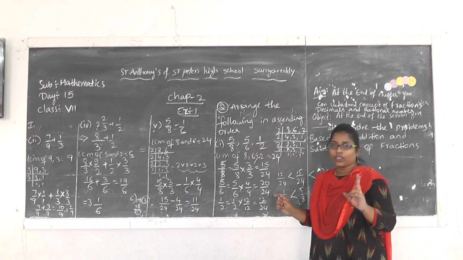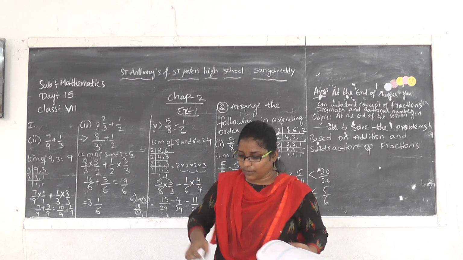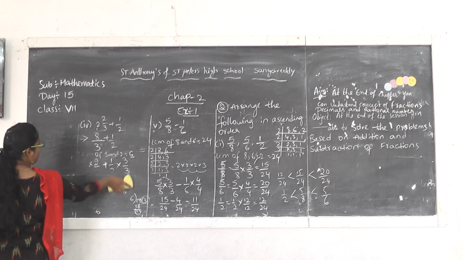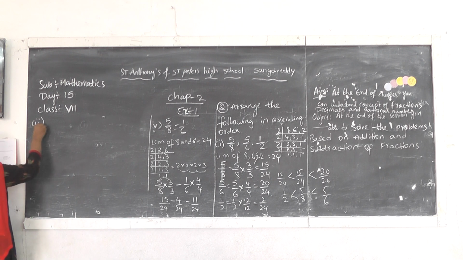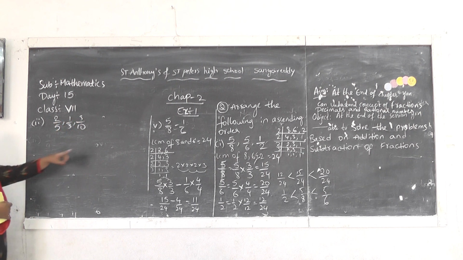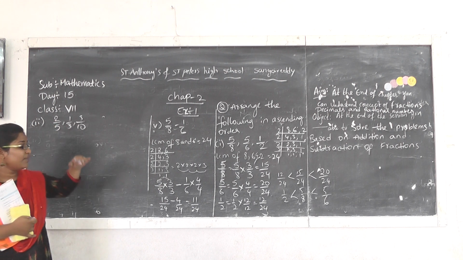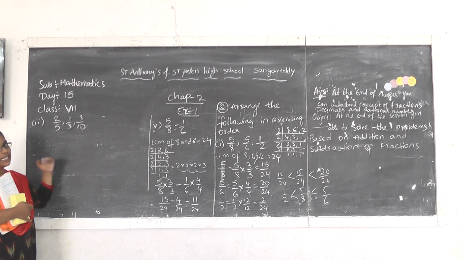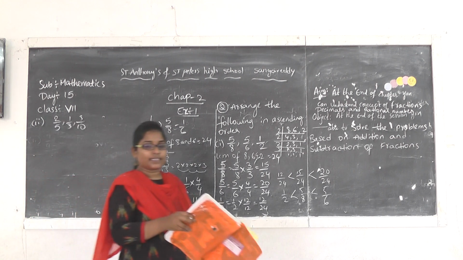So in this bit there are a total of 2 questions. One I will explain, the other you have to solve. I am writing the question, please copy it and solve it in a similar way. That question is 2 by 5, 1 by 3 and 3 by 10. Similar to the second question, you have to take the LCM of all 3 denominators, convert these fractions into like fractions and then compare the fractions. Now this is the first exercise, first and second bit.